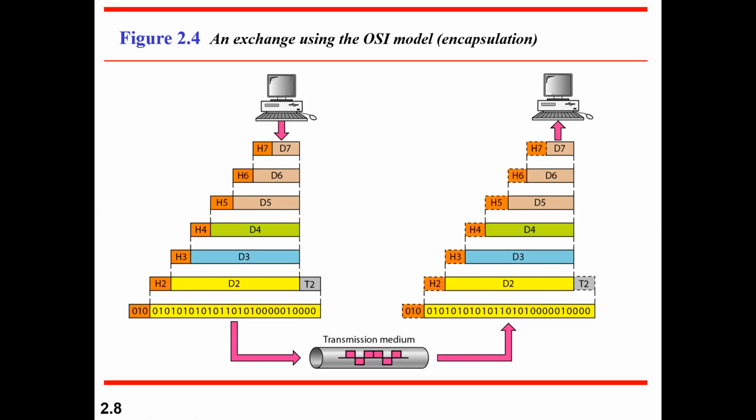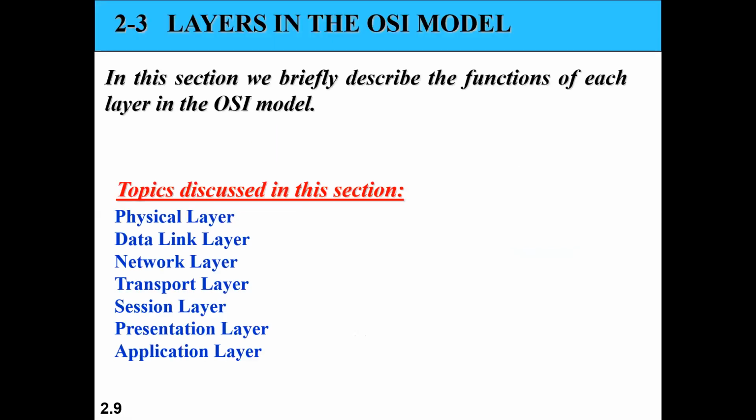So presentation, you now have to deal with your numbering format. From the numeric format, you need to translate back to the normal textual format so that everybody can understand what the data is. Once presentation is done, it will bifurcate its header information and send it to the application. Once the application layer receives that packet, it will check where it is coming from. That layer information will be separated, and the data will be received at the receiver. This is how the flow goes with respect to your exchange of data, with WhatsApp encapsulation.